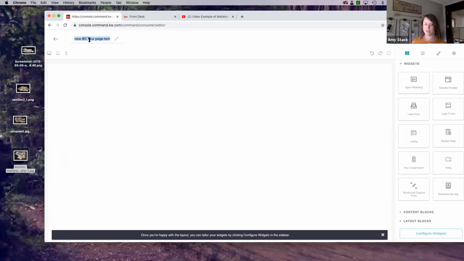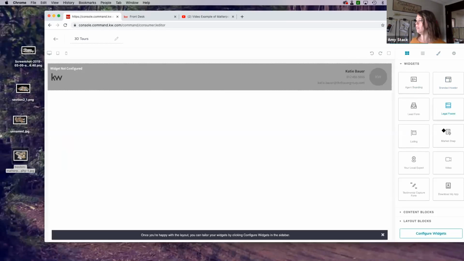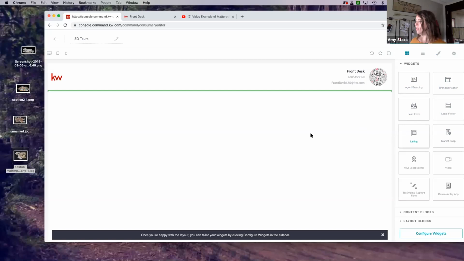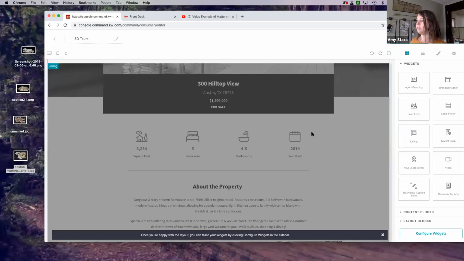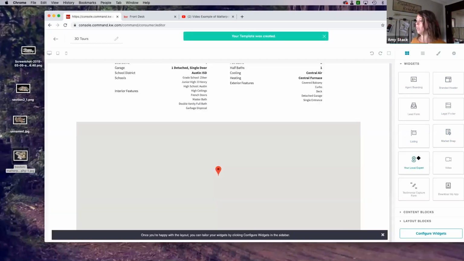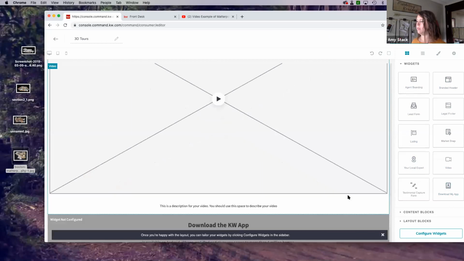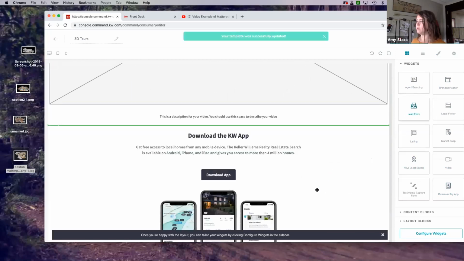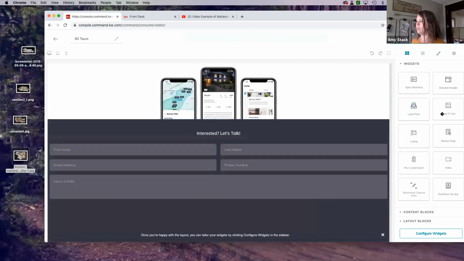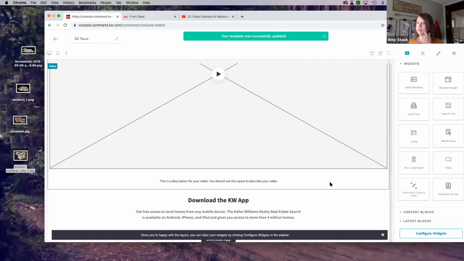And I want to show you guys how to get some Matterport tours right into a landing page, and then we'll show how to advertise it too. So I'm going to drop in a bunch of the widgets here. I'll put our branded header at the top, a listing, our video widget in here, download my app. We're going to do a lead capture form and our legal footer. Okay, so now that I have it laid out how I want it,